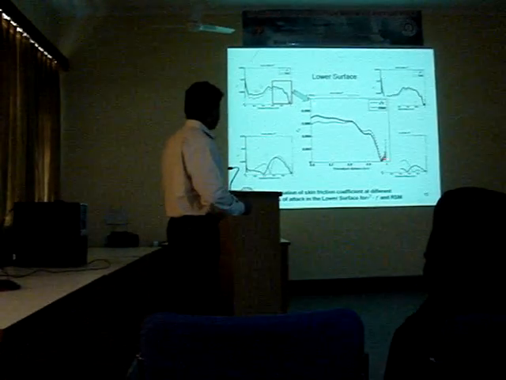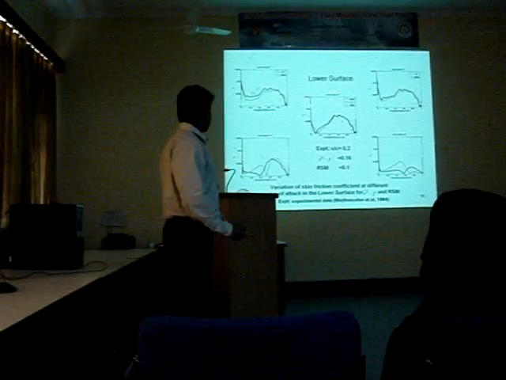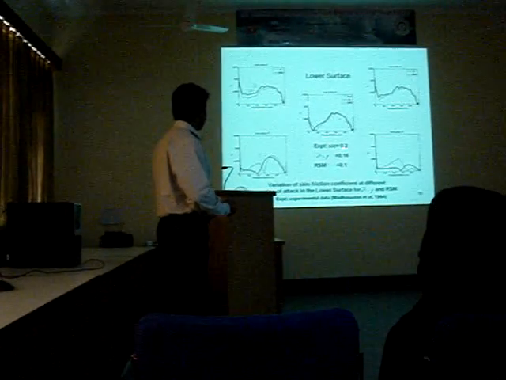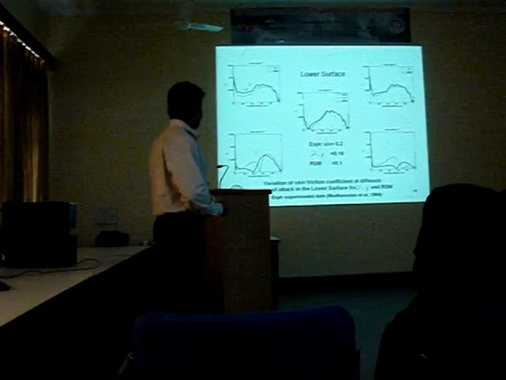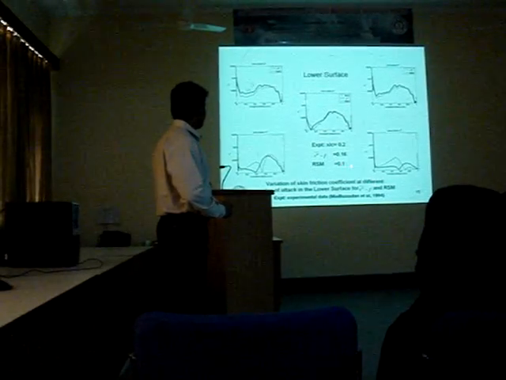This is the enlarged view of this separation. You see that at 0 degree angle of attack, the experimental result shows a separation at X by C 0.2. But the V-square model is predicting closer to the experimental, and the Reynolds model is predicting separation at X by C equal to 0.1.